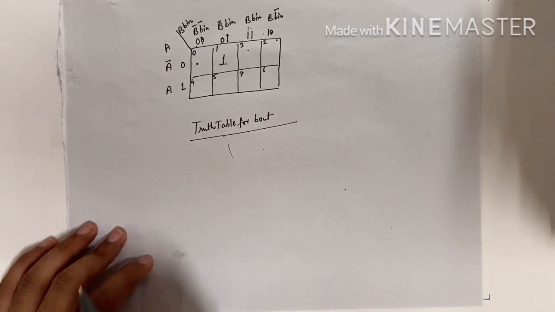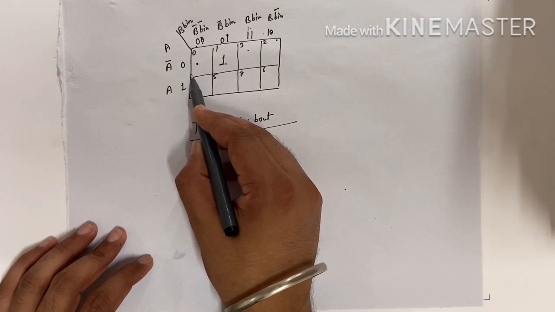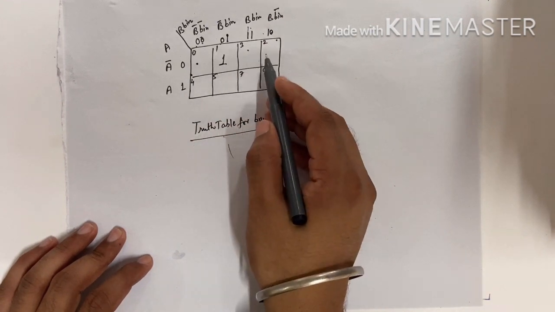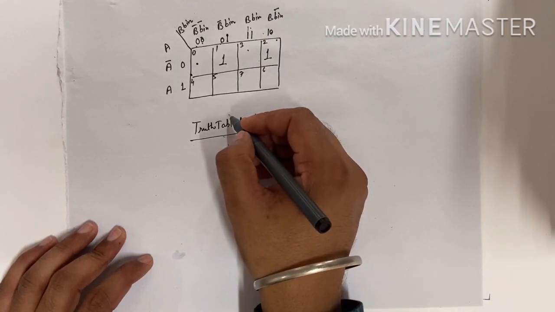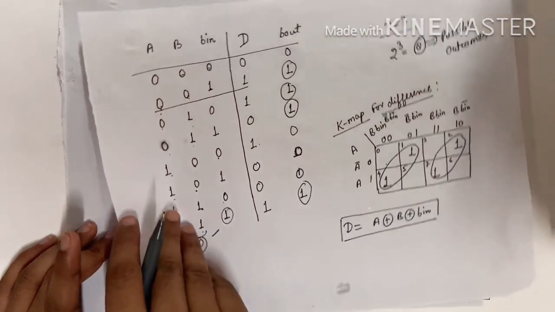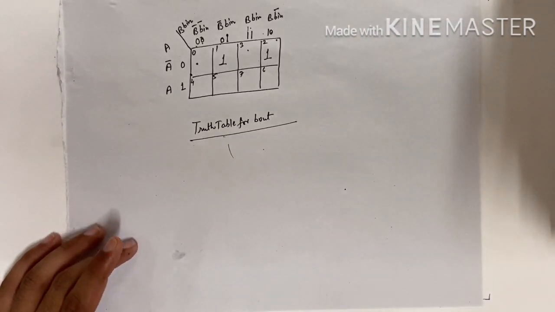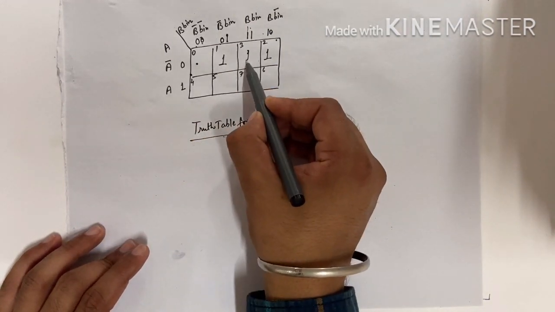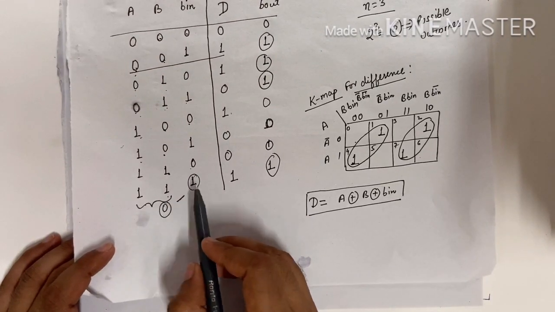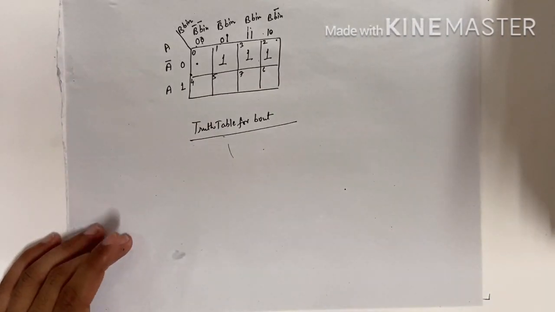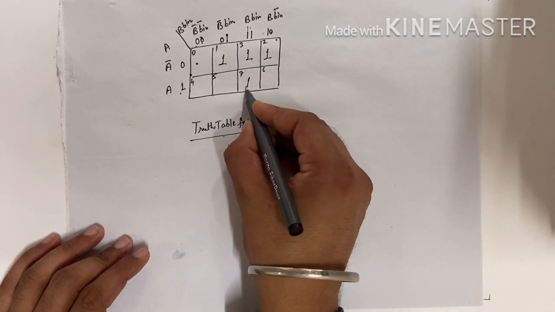Okay. Now we can see another condition, if A is 0 and B input is 1, 0. So 1, 0 is this condition. Now you have to see another condition, that is what? If A is 0 and B input is 1, 1. So A is 0 and B input is 1, this condition. And in the last condition we can see that A, B and B input are all 1, we can get B output is 1. So A is 1, B input is 1, we can see 1 here.